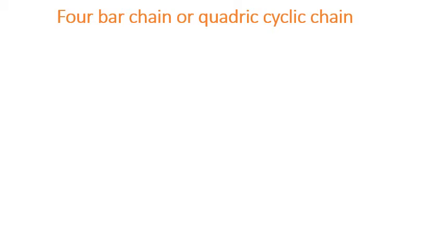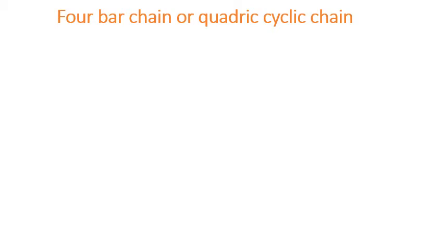We have studied the 4-bar chain in the last lecture. What is a 4-bar chain? The 4-bar chain is the simplest and basic kinematic chain. It consists of 4 links which form the turning pairs, at the intersection of the frame and the crank, the crank and the connecting rod, the connecting rod and the rocker, and the rocker and the frame: 4 turning pairs. The lengths of the 4 links may be different.